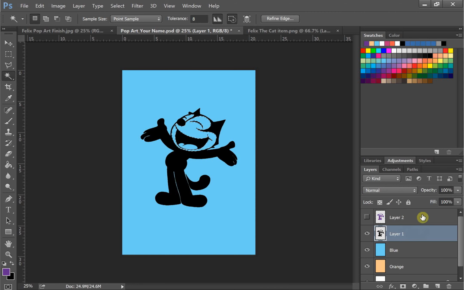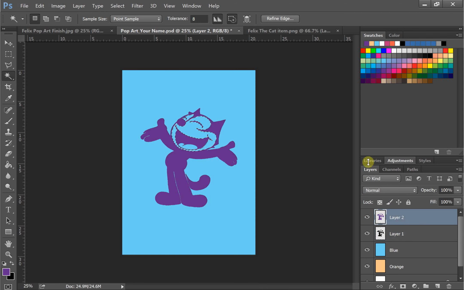Now I can make either a new layer or go up to this purple one, and I might want to put white in here. So I'll select white and my paint bucket, which is G on my keyboard, or selecting it over here, and I can drop that into those areas. So as you can see, using wand,